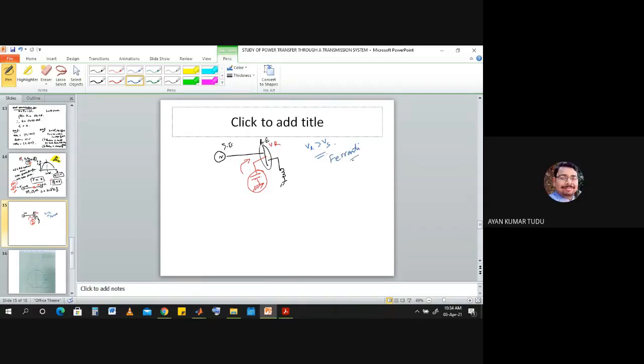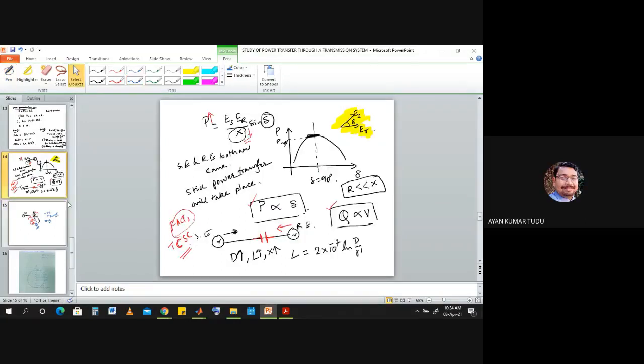So to decrease the Ferranti effect, what we can do is add a shunt inductor. Correct, so what will happen, the shunt inductor will draw the excessive VAR from the system, then the value of VR would be more or less equal to our VS. Understood? So from this particular experiment, all these things can be inferred. I hope it is clear.